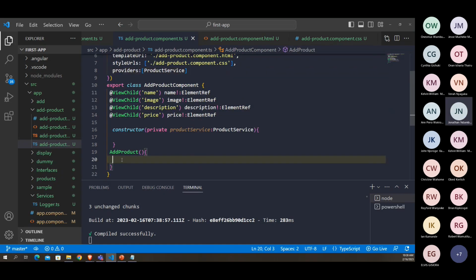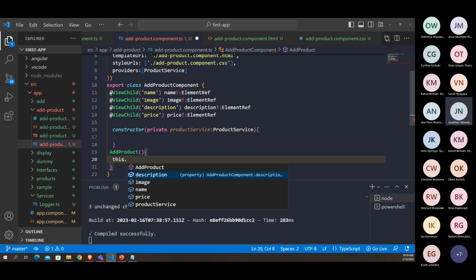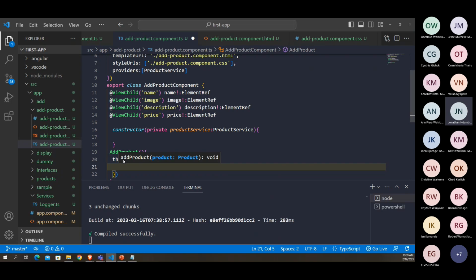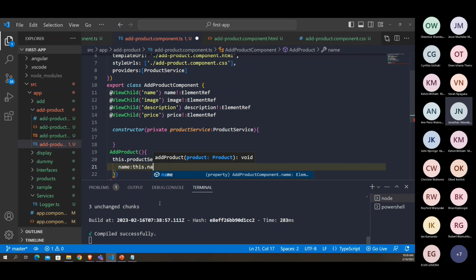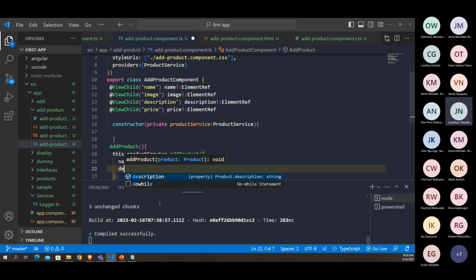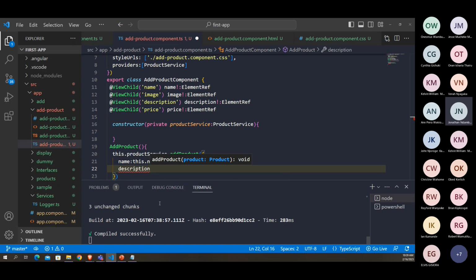Okay, seems like I have everything. I'll just say this dot product service dot add product. And here, remember, I'm supposed to provide an array. So the first thing is a name that I'm supposed to provide. So I'll say this dot name dot native element dot value. So that is done. Secondly, description. Same case, I'll say,